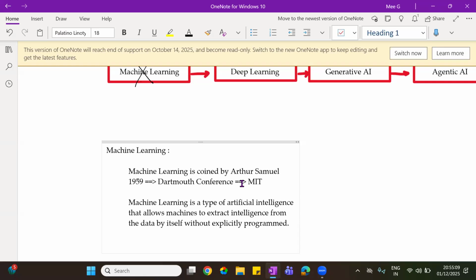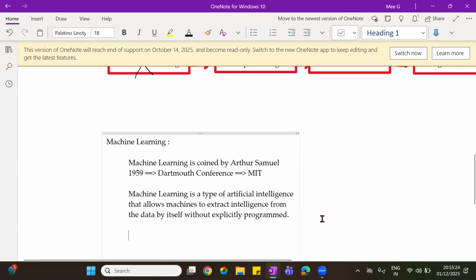On its own, it will extract the data from the intelligence. Okay, it will extract the intelligence from the data. And okay. Now,